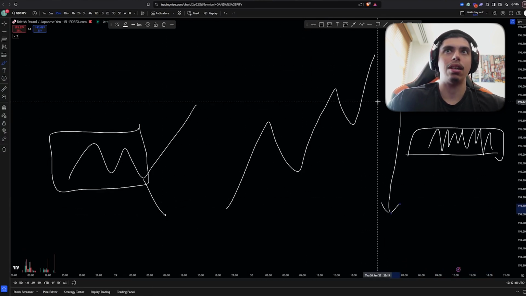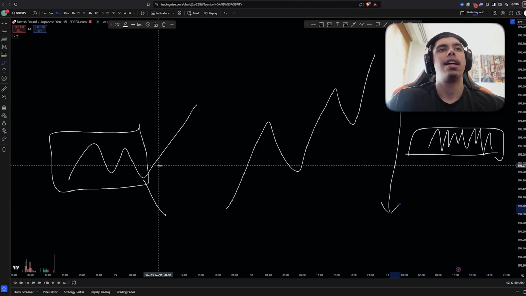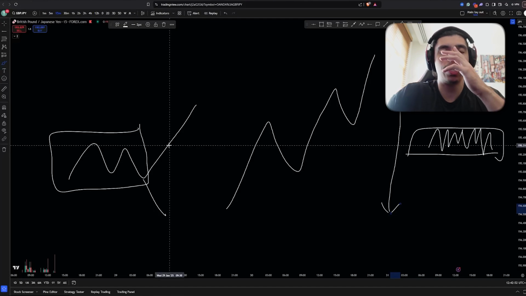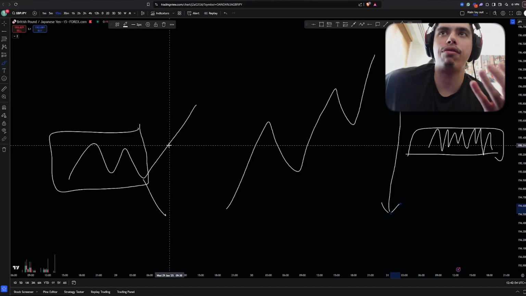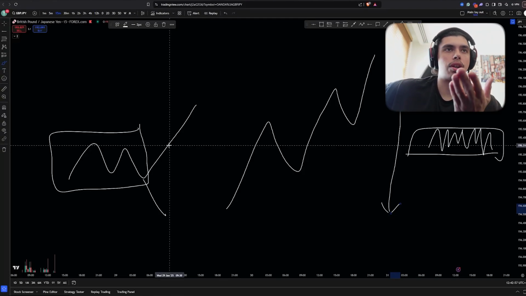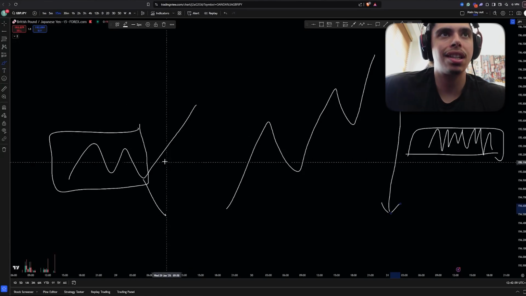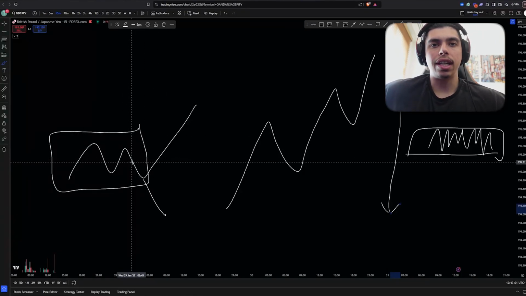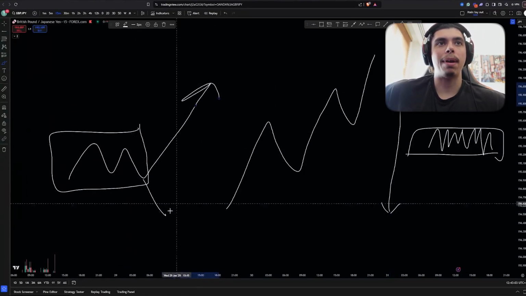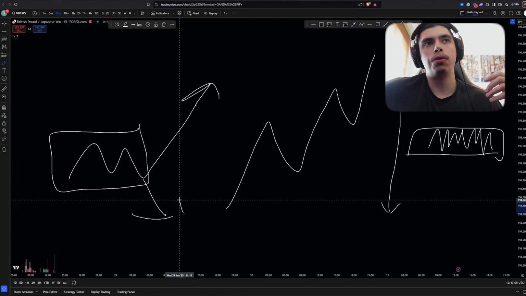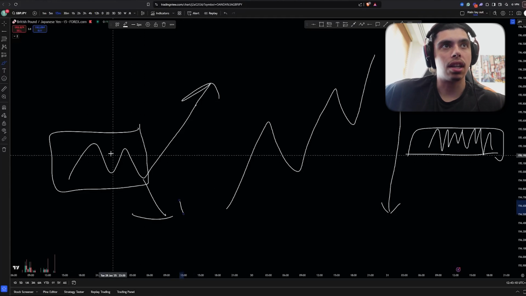We could have nice trending moves. We can have consolidation, expansion, okay? So my 3 setups are developed on being able to trade these 3 scenarios here. Because in scenario number 1, obviously I want to catch the expansion move. I want to catch the move that price leaves, the big move, the move where price is leaving the consolidation